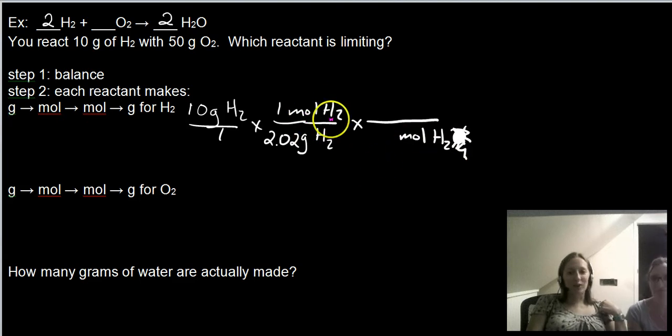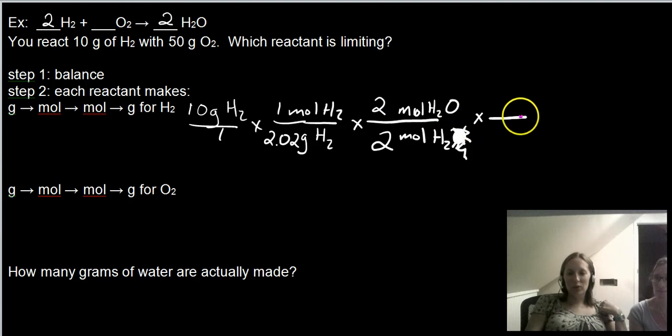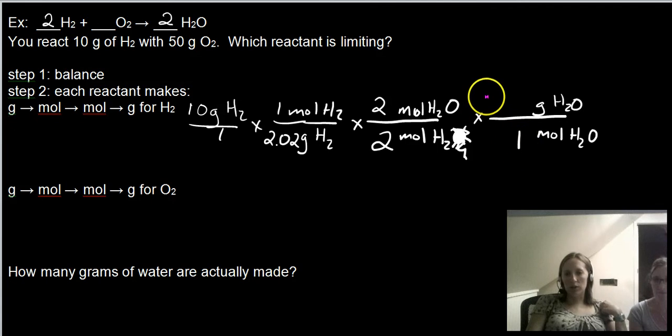Bring your unit down. That is 2 moles of hydrogen, and that's compared to the moles of water, which is 2 moles of water. And then you bring your unit down, and that's moles of water, and we need to find out how many grams that is. You may find that you actually end up memorizing the molar mass of water as 18.02, which gives us